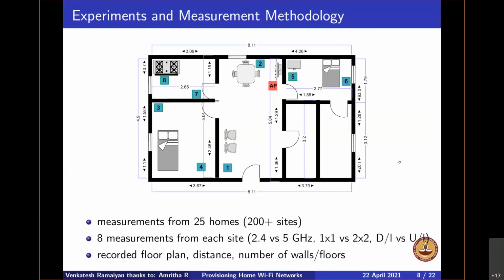And in each home, we roughly made 8 to 10 measurements. That's approximately 200 plus sites. And in each site, we conducted 8 experiments where the configurations are 2.4 or 5 gigahertz, 1x1 client device or 2x2 client device, downlink or uplink. So that's roughly 8 measurements. So in all, we had 1,600 plus